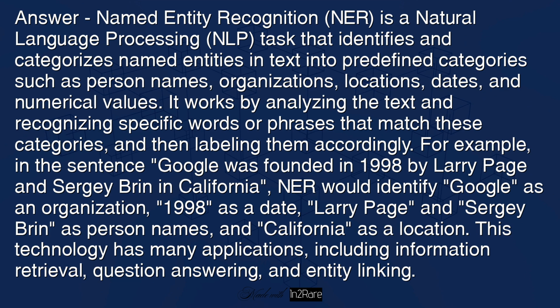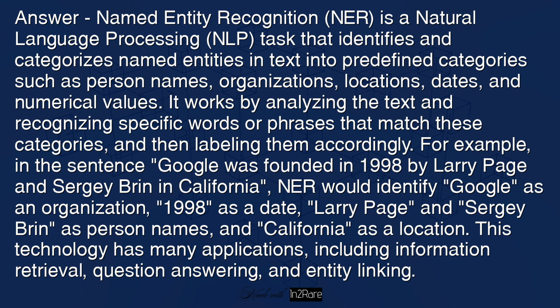Answer: Named entity recognition (NER) is a natural language processing (NLP) task that identifies and categorizes named entities in text into predefined categories such as person names, organizations, locations, dates, and numerical values. It works by analyzing the text and recognizing specific words or phrases that match these categories, and then labeling them